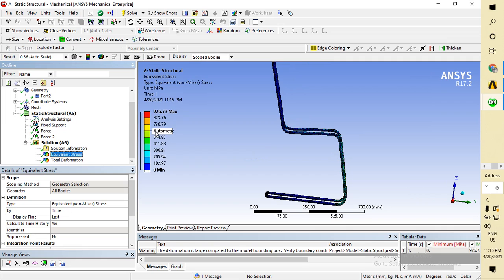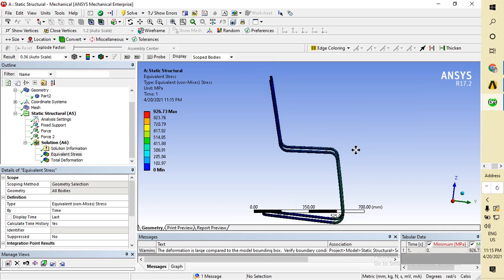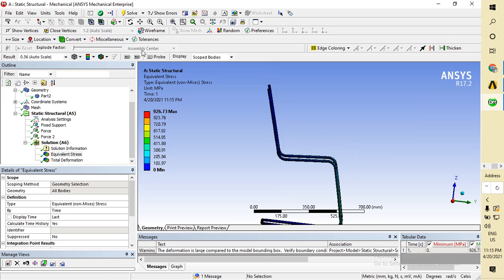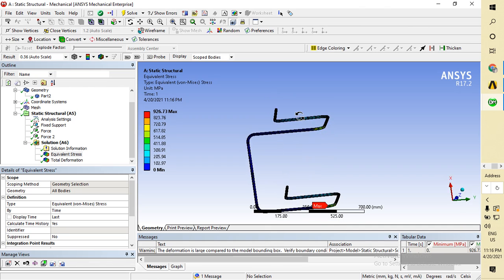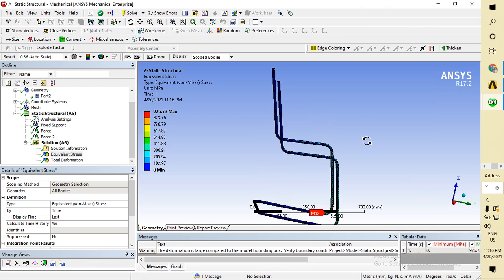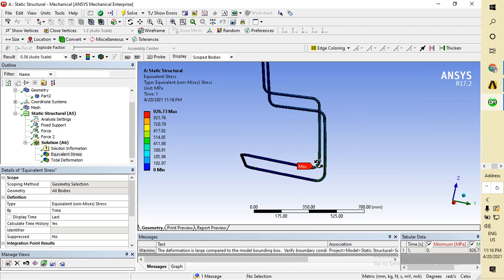Now the equivalent stress acting at the surface is 926.73 megapascal, and our yield strength is, so for maximum, I already told you guys, it will act exactly at the end of the fixed support, acting at this area, that is 926.73 megapascal for the 600 Newton.